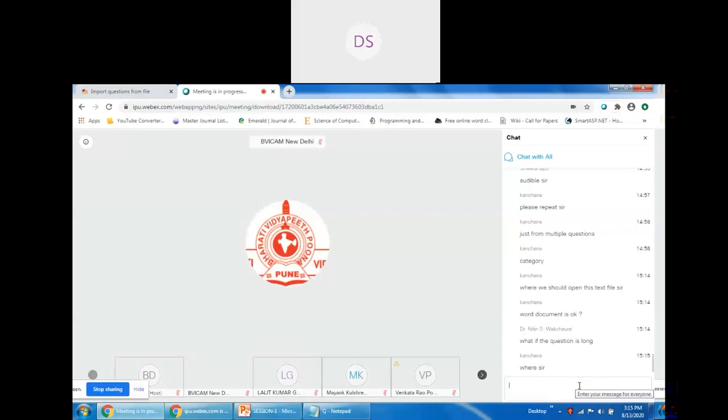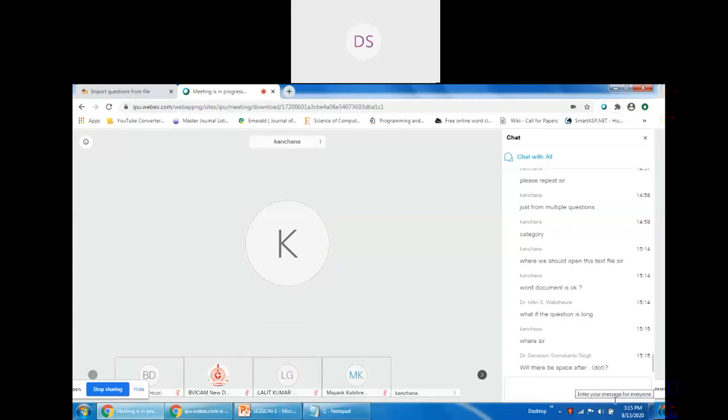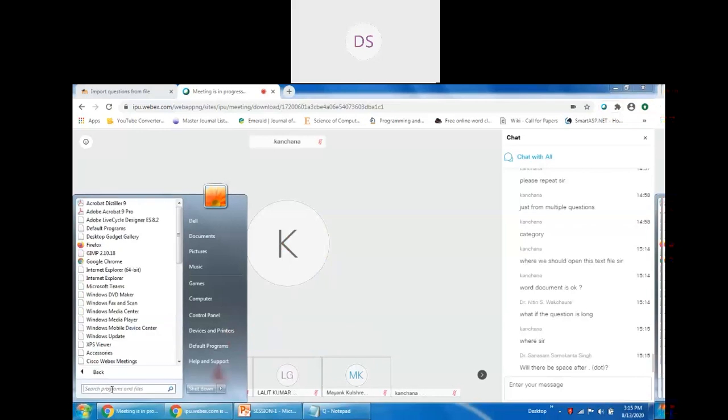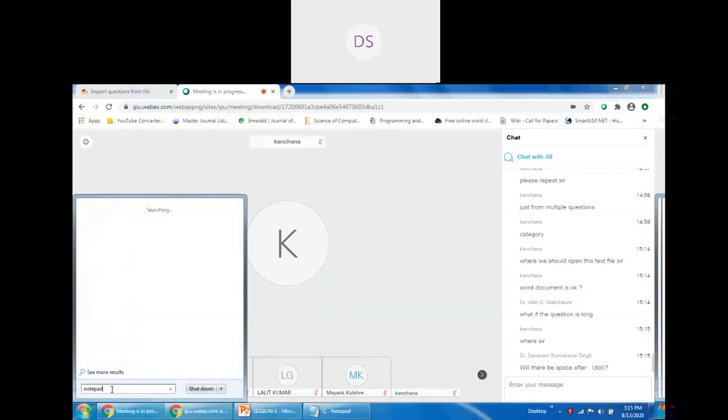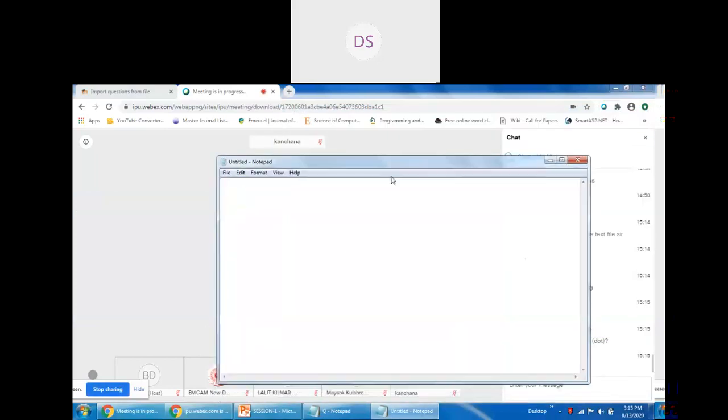Sir, where should I open this file, sir? Ma'am, you can right-click and create a new text file. I'm just showing you. In your computer, you may type directly Notepad. So this is my Notepad file, and my question starting from here is,